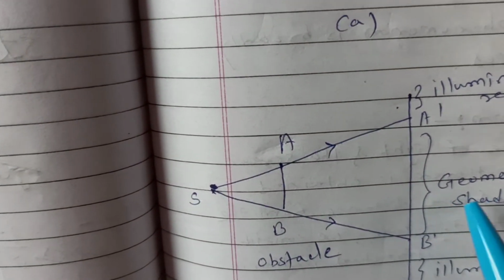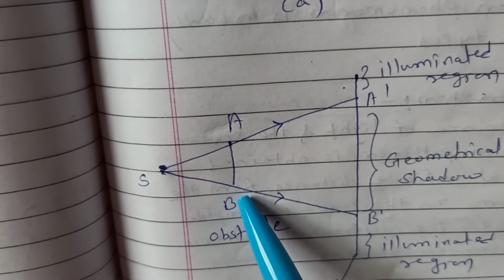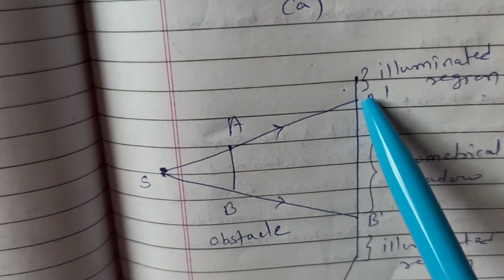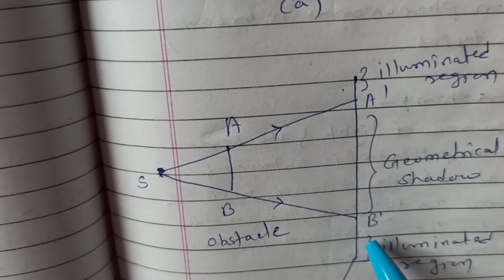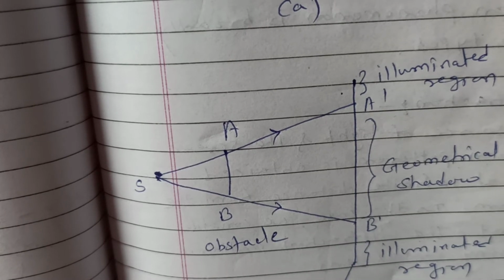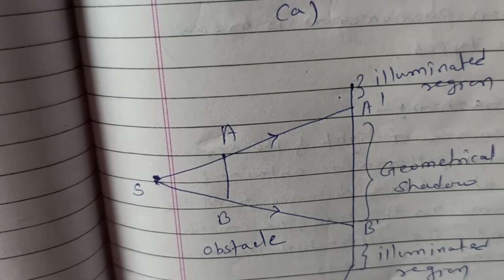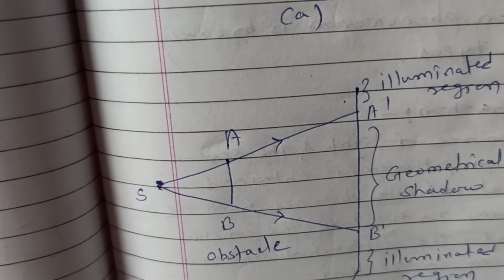Look at this figure, geometrical shadow. This is the aperture AB, obstacle, A dash B dash. This is the geometrical shadow. This is the screen. We expect the geometrical shadow region to be total darkness. According to Huygens theory,